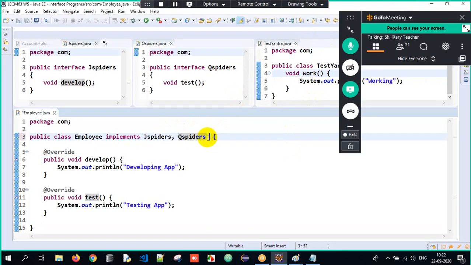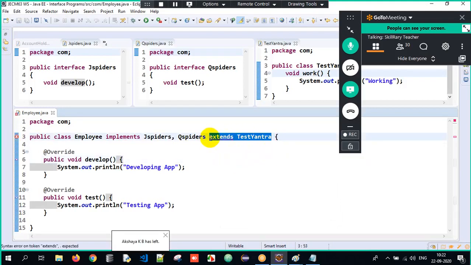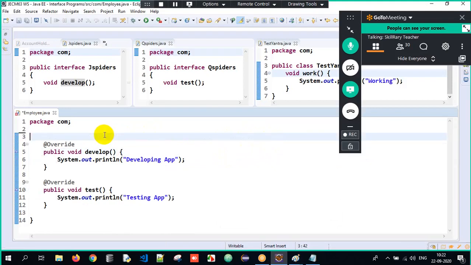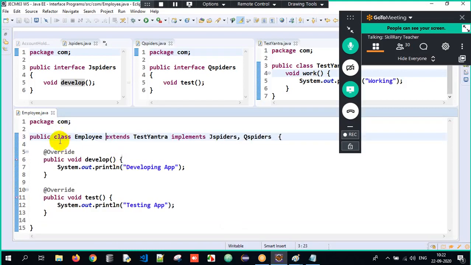But as soon as I write extends Test Yantra, it gives me an error. It's possible, I'm only telling you. But a class has to extend another class and implement any number of interfaces, meaning you have to give the priority to the class.